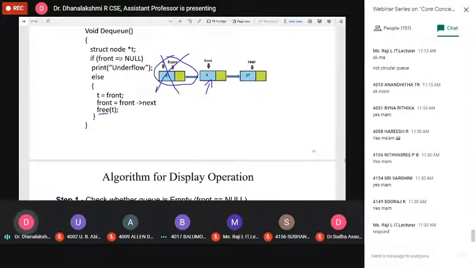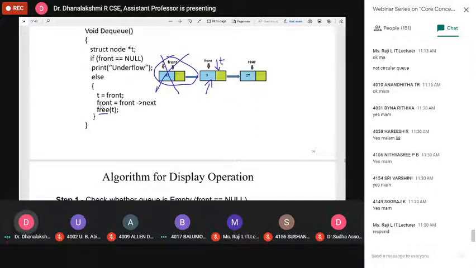Once again I call this DQ operation. Again create one temporary pointer variable and check whether front is equal to null or not. It is not equal to null, so it enters the else part. Then set the temporary pointer t here. Now t is pointing here.